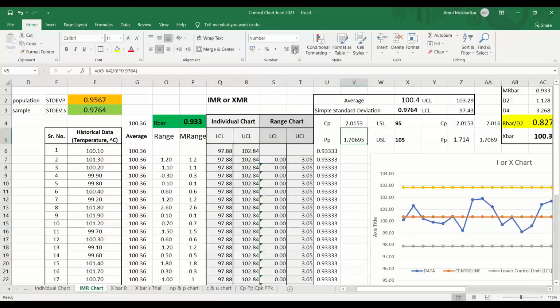1.714 will not come. I think maybe you have not taken up to the last decimal. Maybe you have taken just 0.976 or something like that. Mohit, you told me 1.714. So just check where you made the mistake. So it should be 1.7070, or it can be 1.70695 like this.